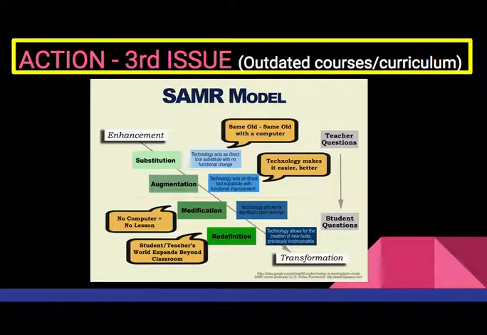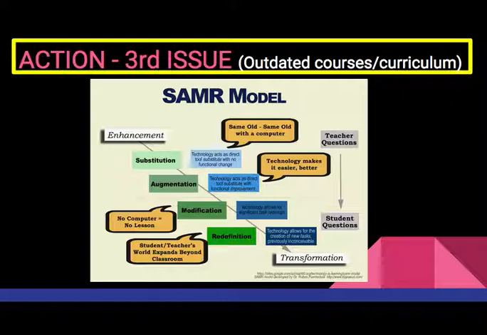Okay, so according to the SAMR, my favorite way to say it, the SAMR model, we have four main categories of where we are and where we can go. At this point in time, we're really hovering between the augmentation and the modification levels. We've enhanced our curriculum, we've broadly updated our courses, but we are not at the level of cutting-edge 21st century learning that's really needed for this generation of students.